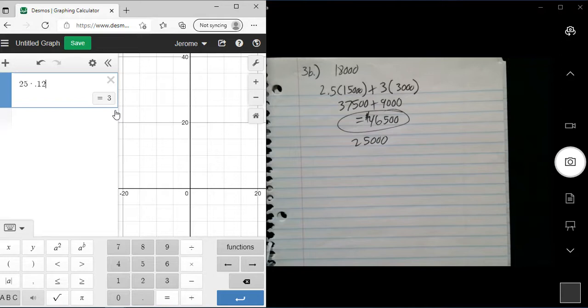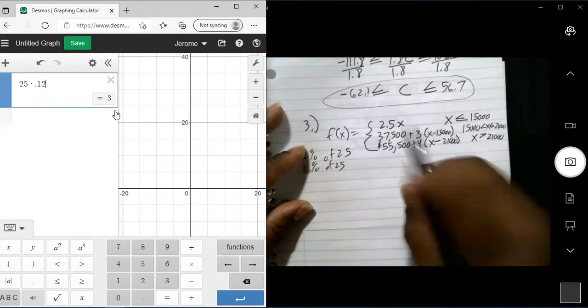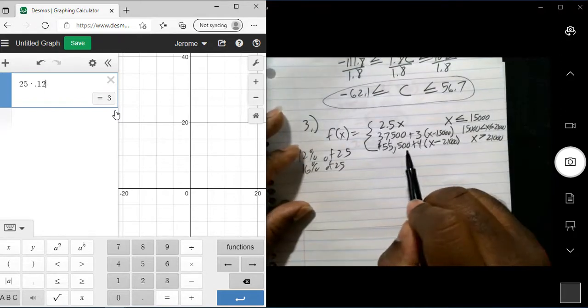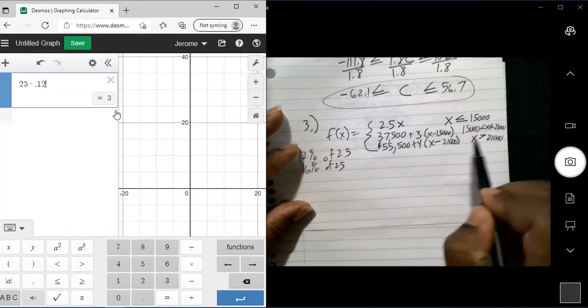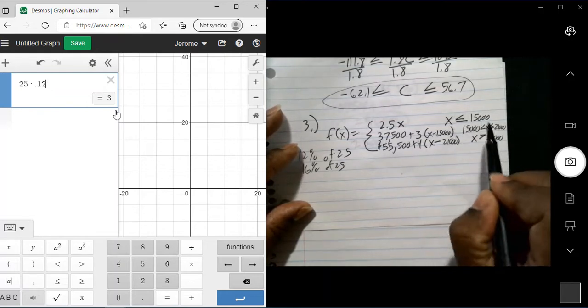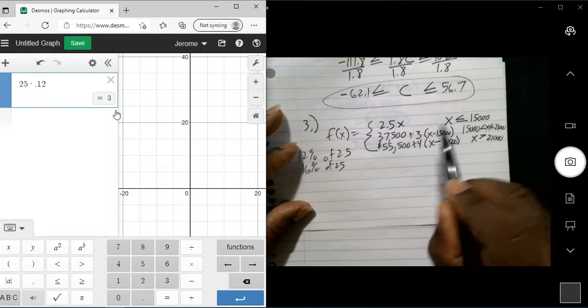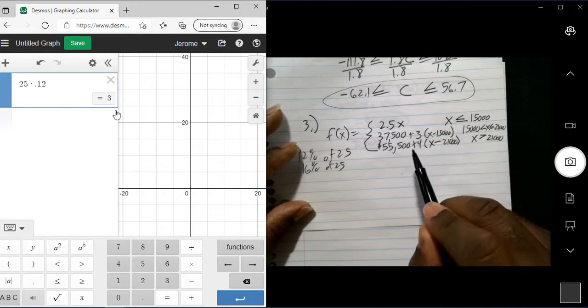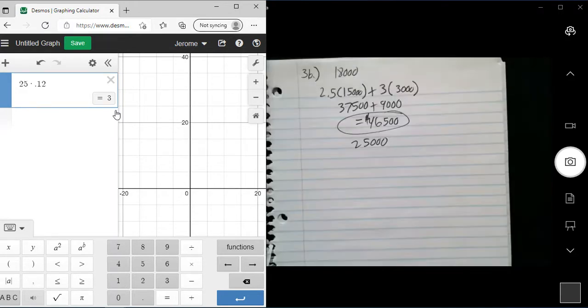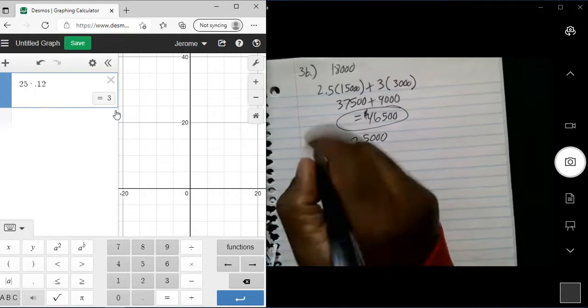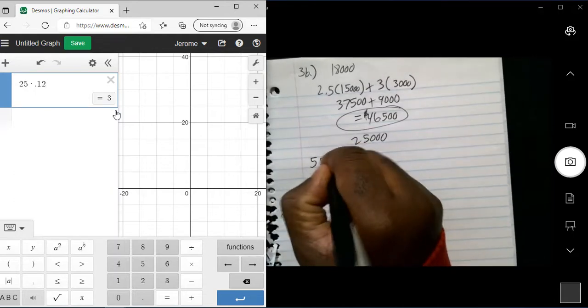And remember, when we got this value here, this 55,500, that included the first two pieces. So all of these added together and pieced together would give us 55,500. So we would take the 55,500